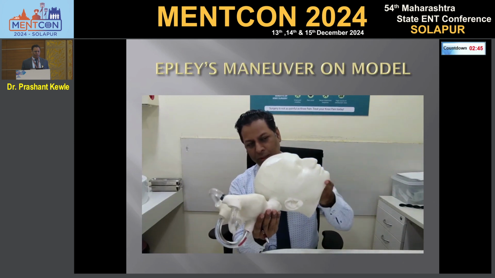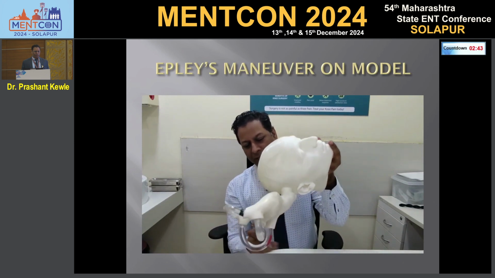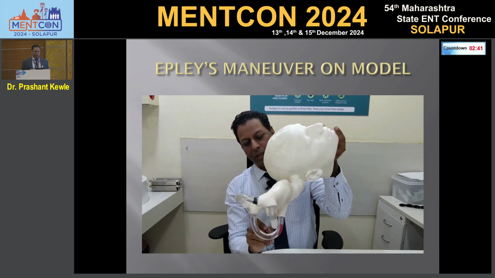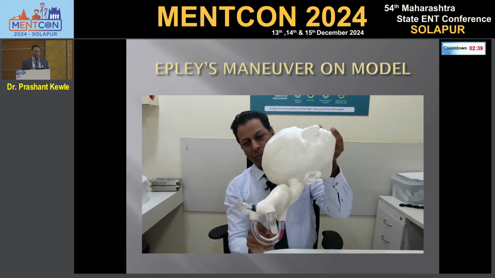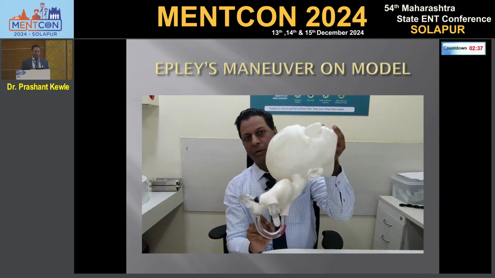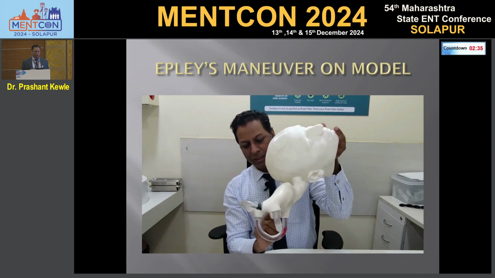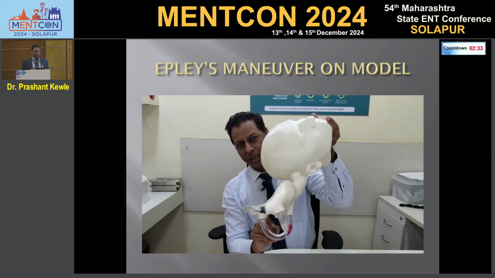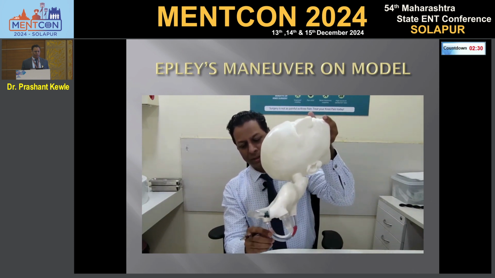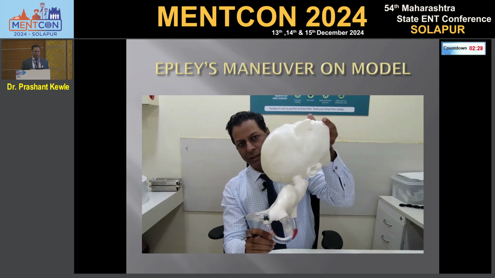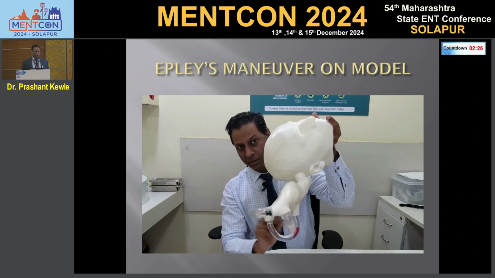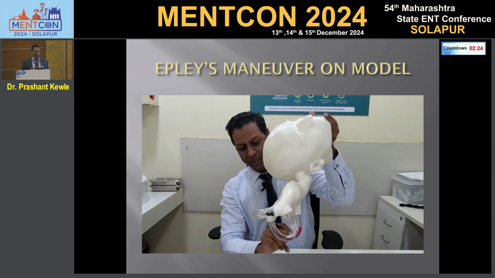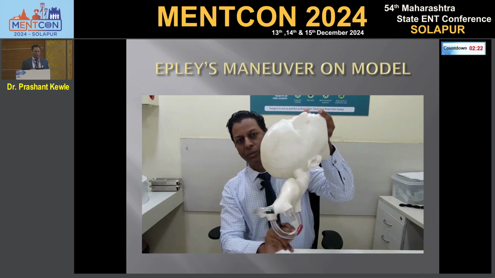With this position, now the particles will start moving out of this ampullary end toward the summit area. We have to hold this position for 40 seconds for the particles to reach the summit area. Once the particles reach the summit area, we can turn the head to the opposite side. Here, the gravitational force is acting and will take the particles to the summit.